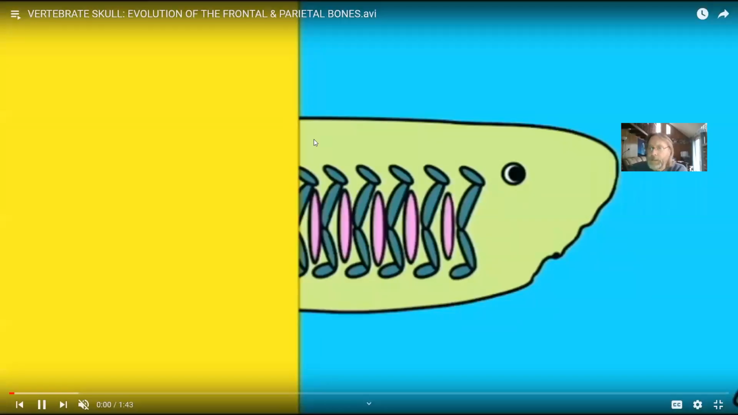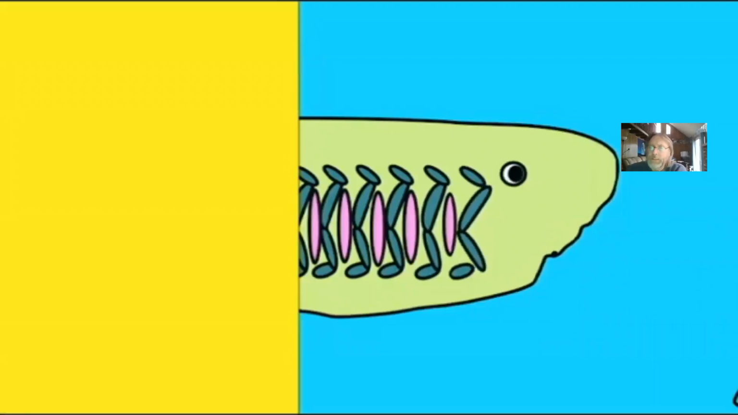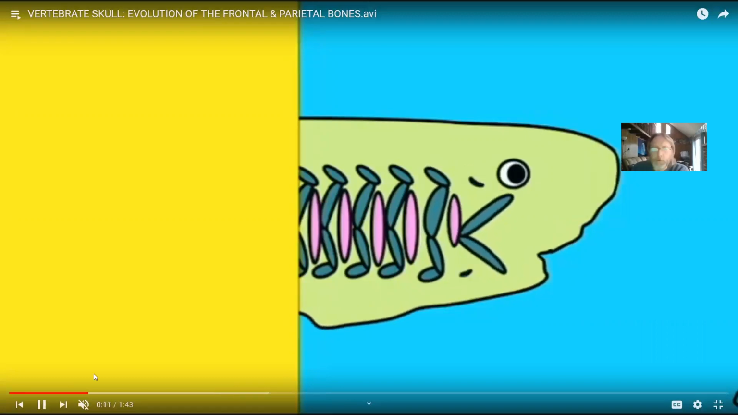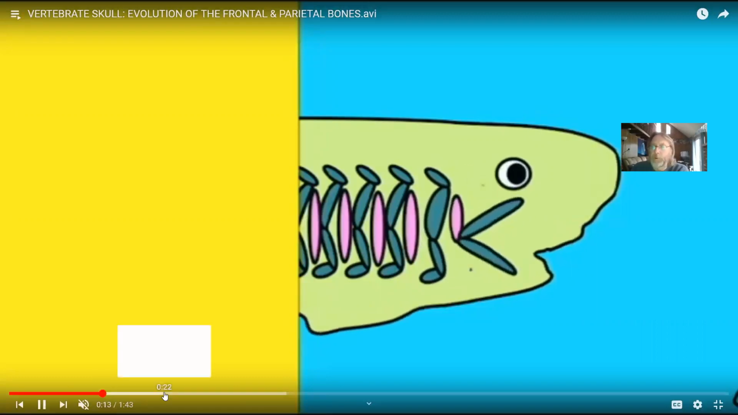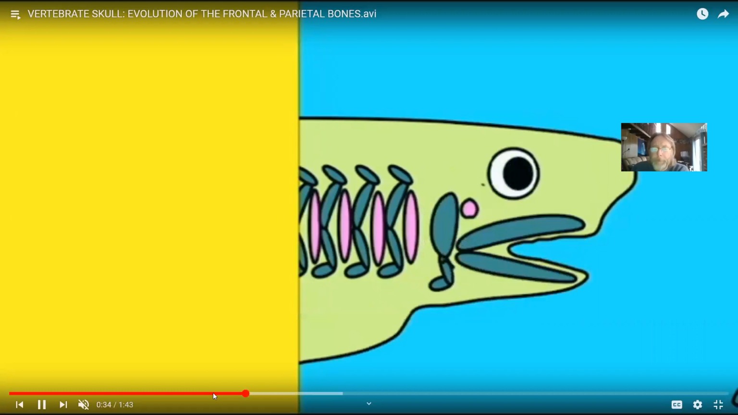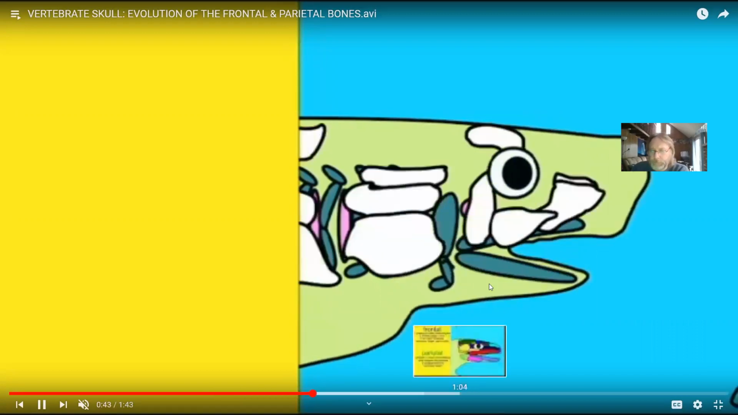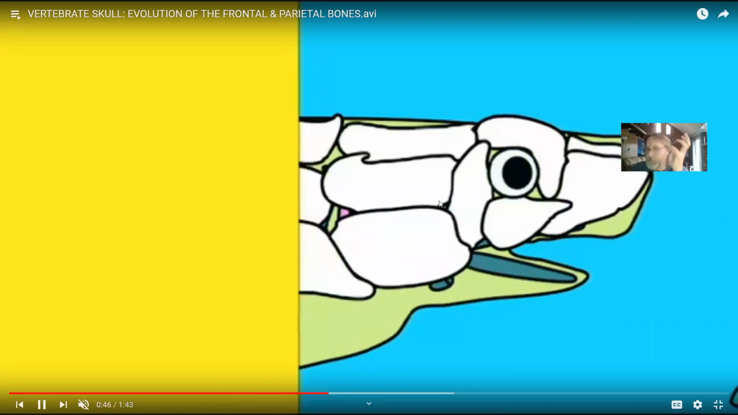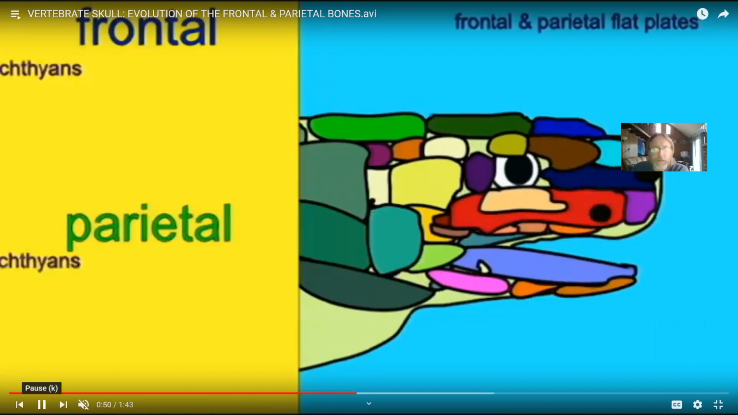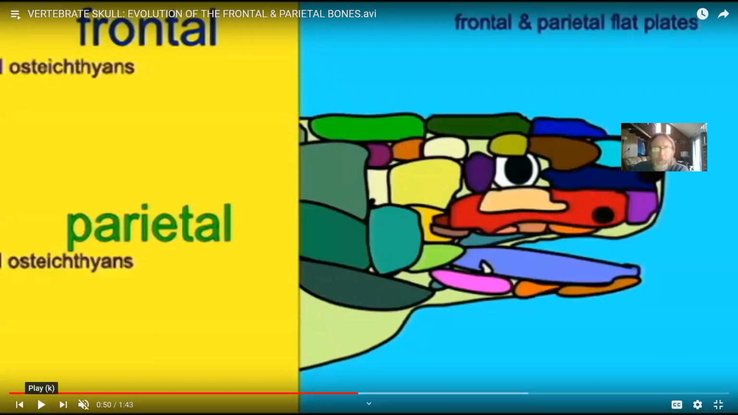So the differences include that when these began in fish, they are simply flat plates. So there are no frontal or parietal bones in the very first vertebrates, which had essentially a splanchnocranium, and then the later ones which had the chondrocranium. But by the time you get to the osteichthyans, which instead of these big bony plates have these little bones, we see certainly parietal bones in